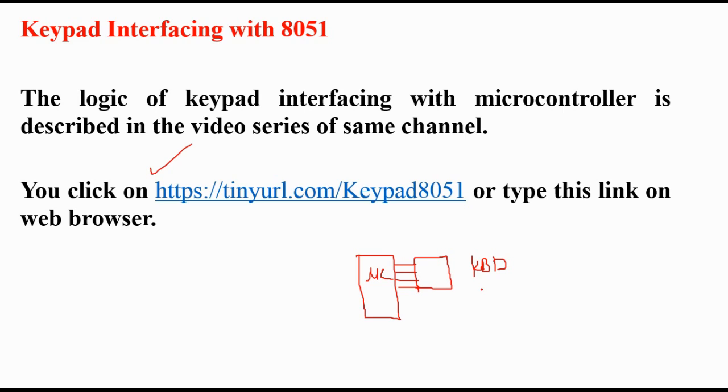Okay, so in that slide which is there at this link, you will observe there is a microcontroller. It is not actually the 8051 microcontroller. There is an Arduino microcontroller, or Arduino based microcontroller, that is Atmega 328P. So to that microcontroller we have connected the keyboard. Okay, and there is the algorithm associated with it. So you just have to read that algorithm and try to understand the logic behind the interfacing.